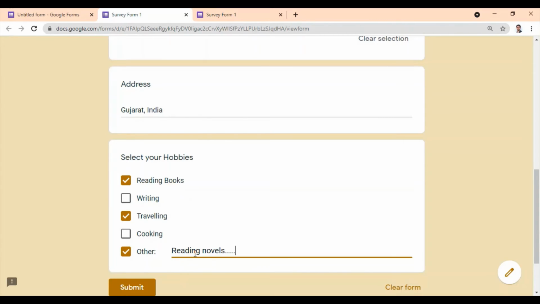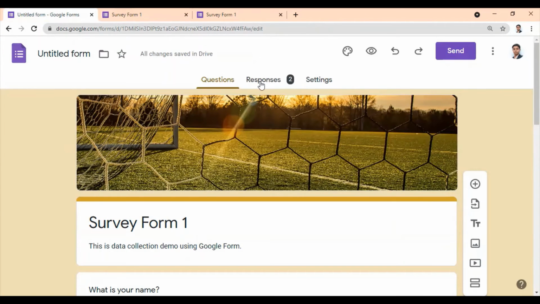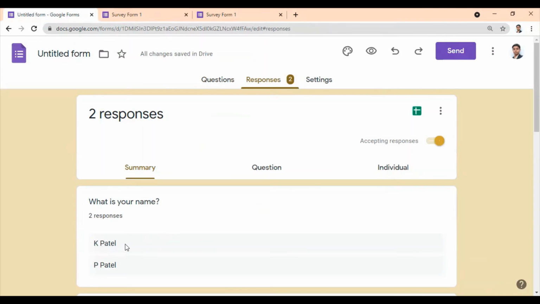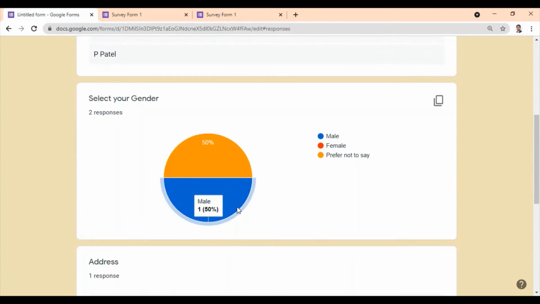And anything which you want to mention, then just submit. So the response is recorded. Let's see. Now we have 2 responses from 2 different users, and see the beauty of this Google form. The charts are automatically generated as and when new records are inserted.